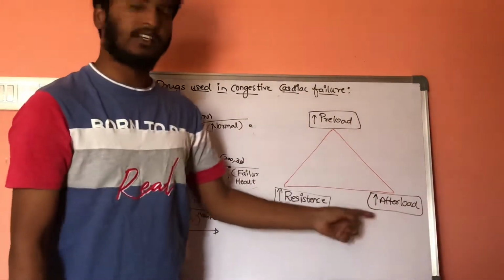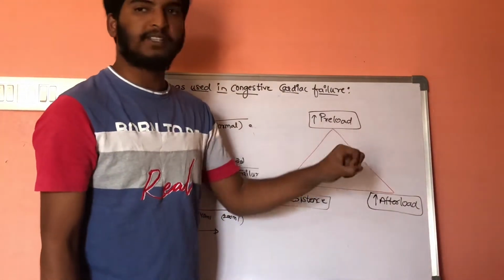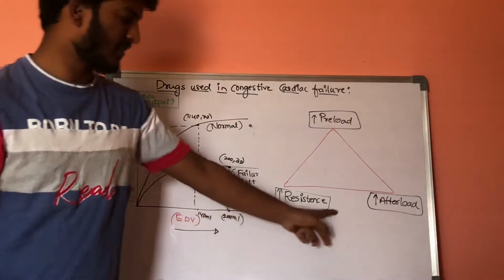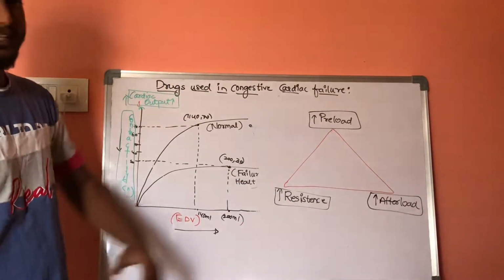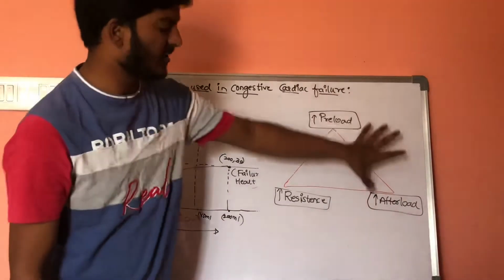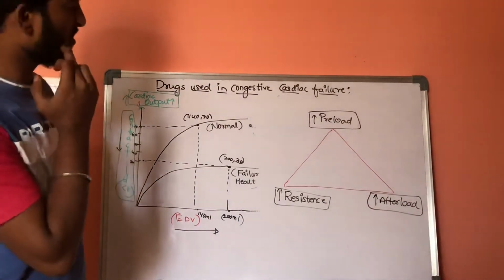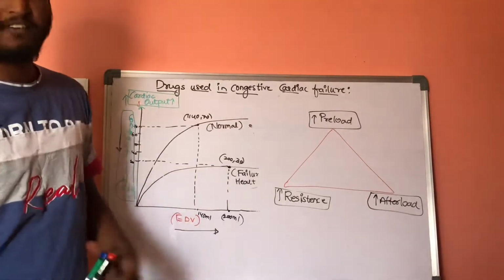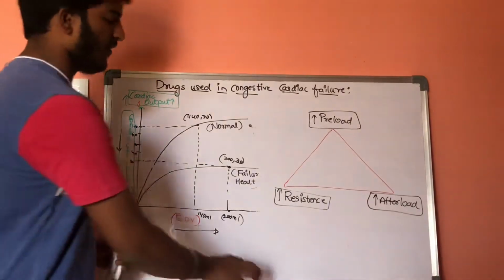Afterload is the resistance against which the heart should pump the blood. Normally these are the conditions which result in congestive cardiac failure. Now, if we discuss the pharmacology involved in congestive cardiac failure, what type of pharmacology is involved,